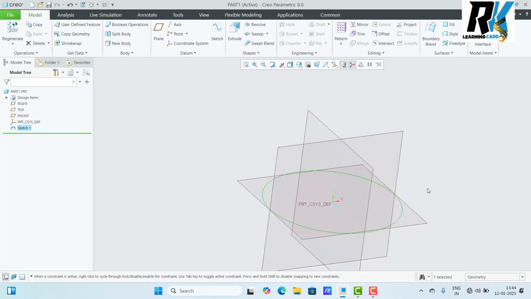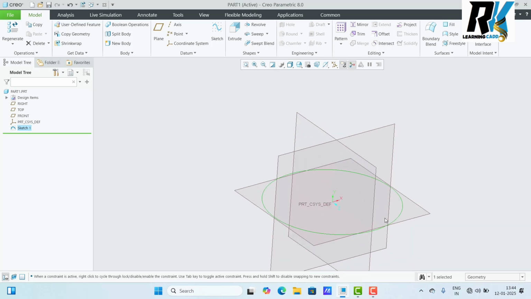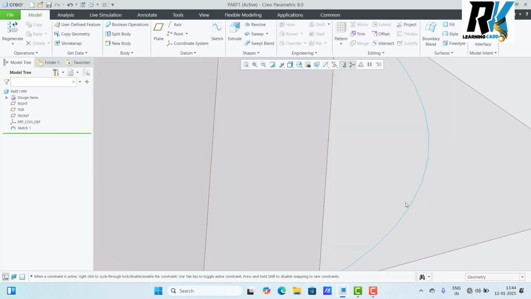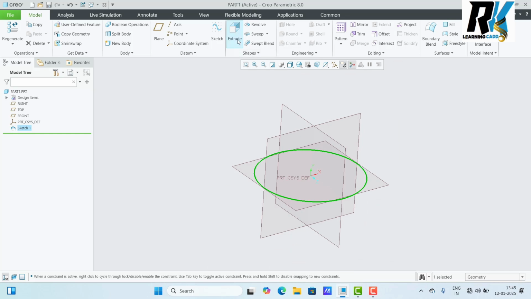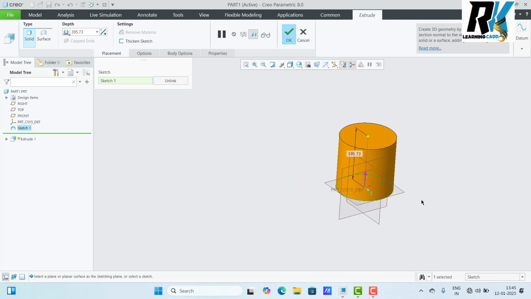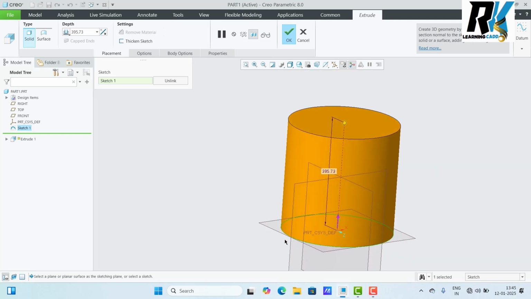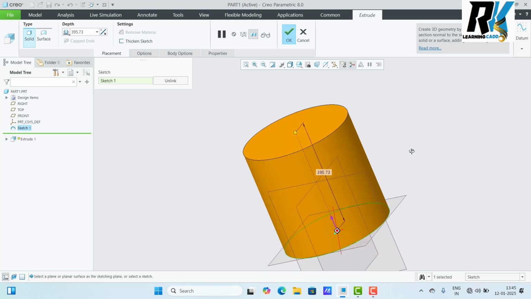So start. So we have already create one circle. This circle I want to convert in 3D. So click means see blue color, this is coming, but this is the not selected. So if you want to select, just click here. So green means friends, this is the selected. Now sketch selected, we can select here extrude command. Otherwise we can press X key. Okay. So extrude command, when I select, you see your 2D geometry circle converted in 3D geometry.